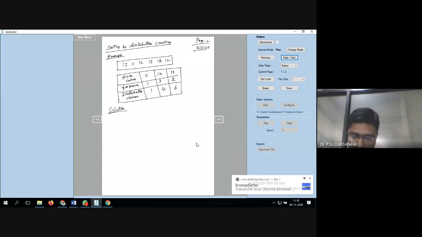We are not bothering about the frequencies for this. How many times is the 11 value repeated in the array? Only one time. Next, 12 is repeated 3 times, and 13 is repeated 2 times; that is what the frequencies are. So we are not considering these values, just the given values. The frequency is how many times the value is repeated in the given problem.